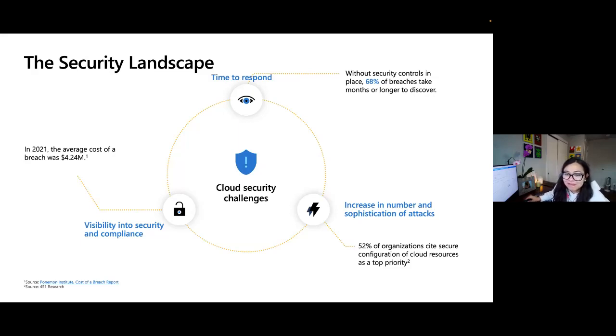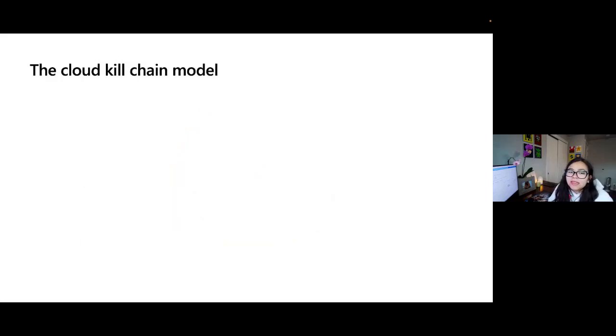Absolutely, and I think that the modern security landscape is really evolving. As you just perfectly mentioned, we're seeing a lot of changes in how attacks are being conducted, but also in the number of breaches and so on and so forth. Now, when we focus a little bit more on the cloud kill chain model, is that something that you could explain to us a little bit further? Yeah, and it's something that actually